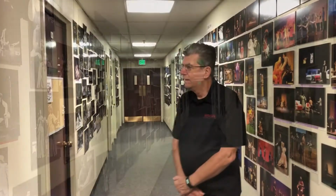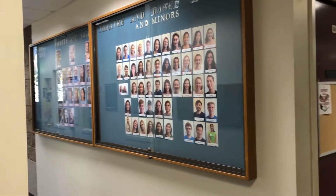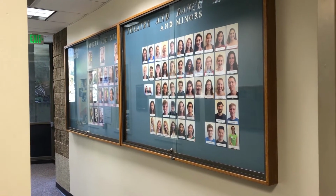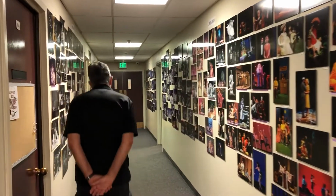Over in this section here, we have a bulletin board with all of the majors and minors photos, which is really helpful for us getting to know and recognize who the various students are. Anyway, as you walk down this area,